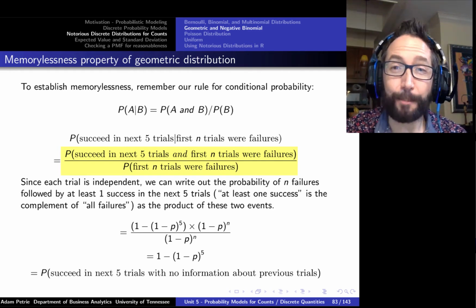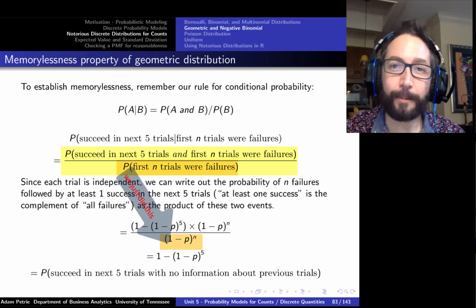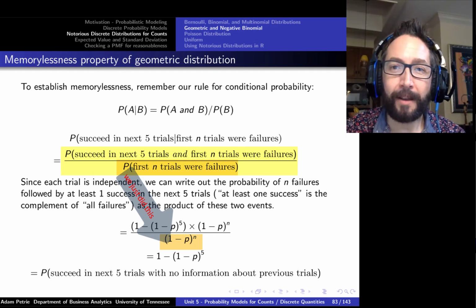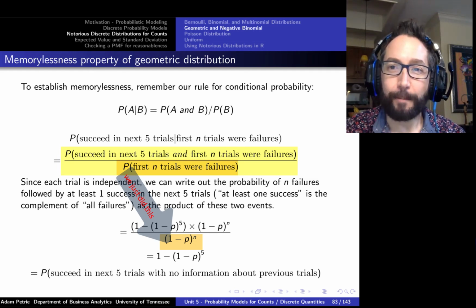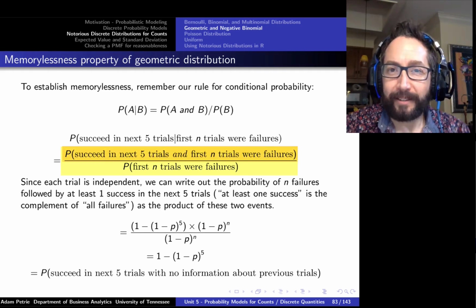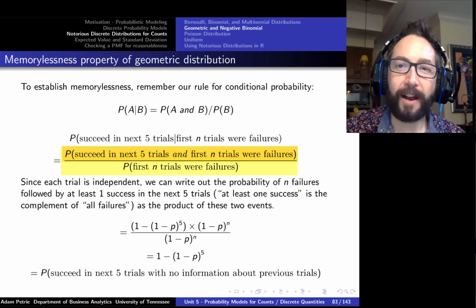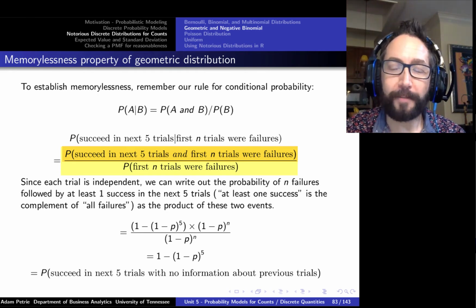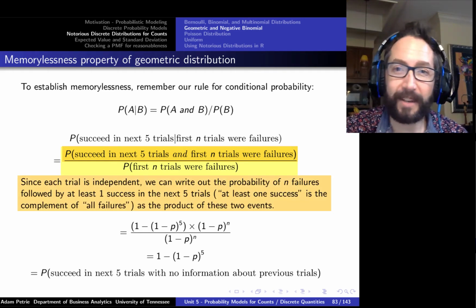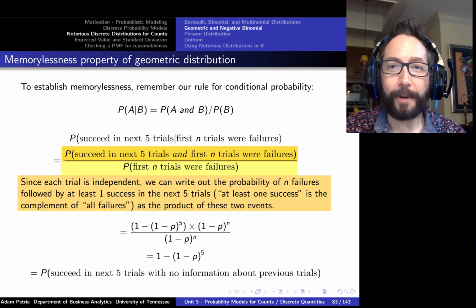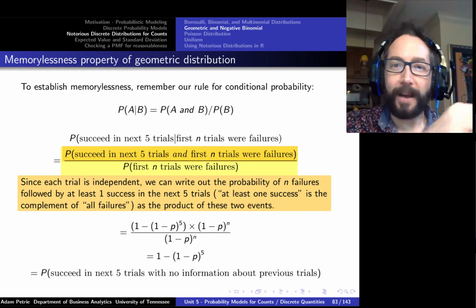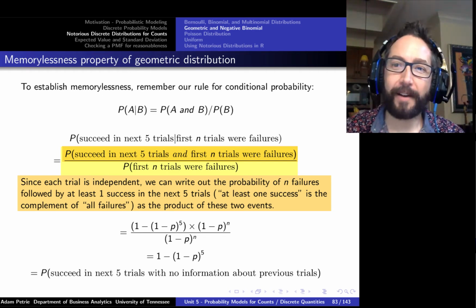Well, the denominator is pretty easy to calculate since each trial is independent of one another. The probability of a failure, a non-orange M&M, is 1 minus p. That would just be (1 minus p) raised to the n power. And so now let's do the numerator. Well, the probability that we would get at least one success in the next 5 trials and the first n trials were all failures, since, once again, this is a combination of independent events. The color from one M&M to the next is independent. That would just be the probability of that sequence, n failures in a row, followed by at least one success out of the next 5.